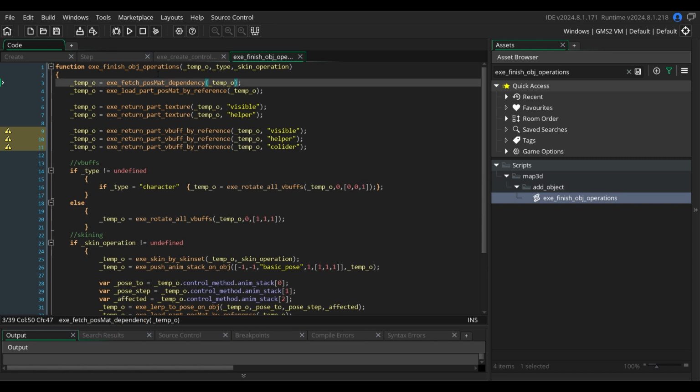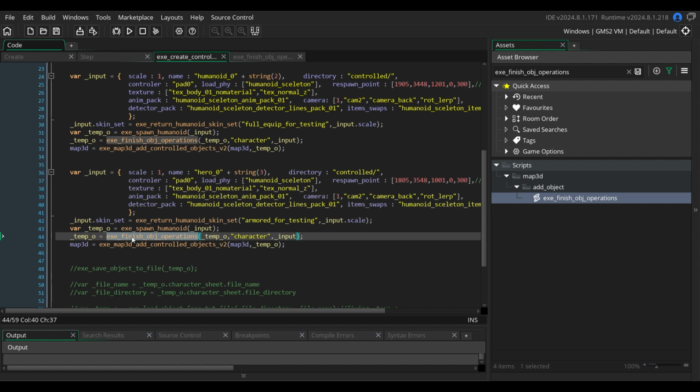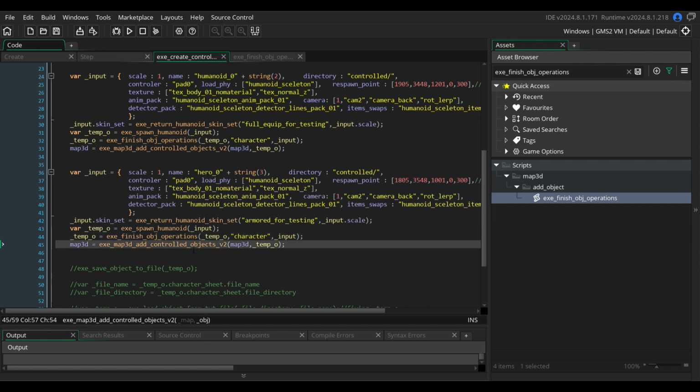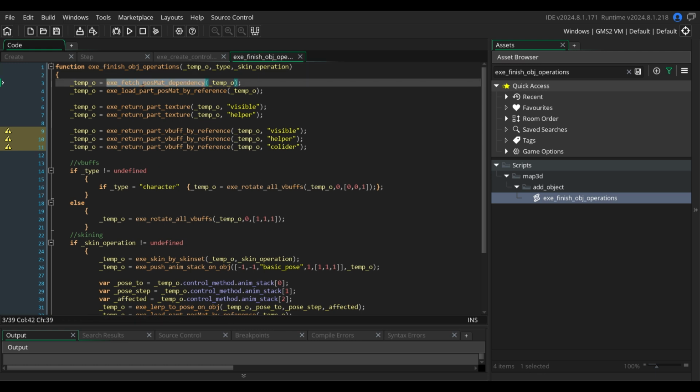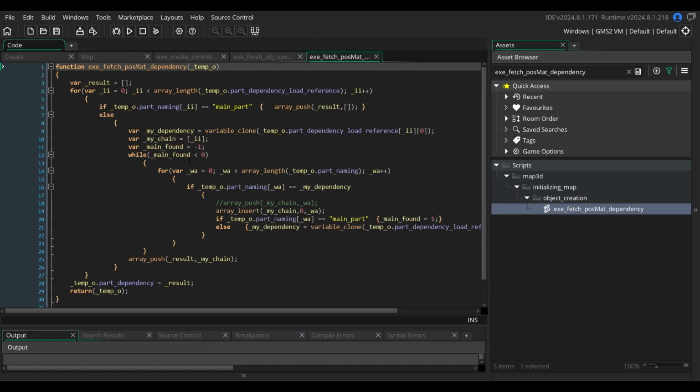So we're finishing operations, which are about to return our object and then be put on the map. First we fetch a dependency from the position matrix. Every subsequent part, like torso, neck, shoulders, arms, depends on the position of some other part, while the main part is obviously not dependent on anything. It is just a clear x, y, z position. So here is the hard dependency in the